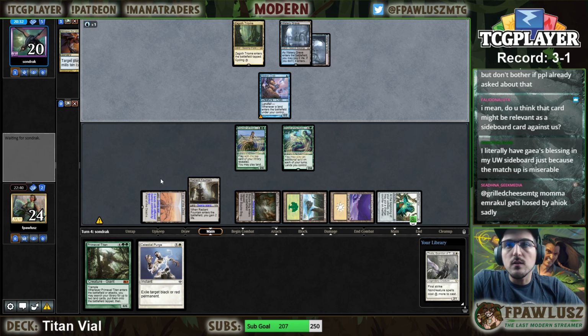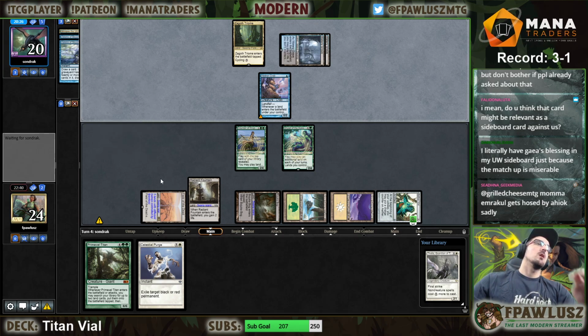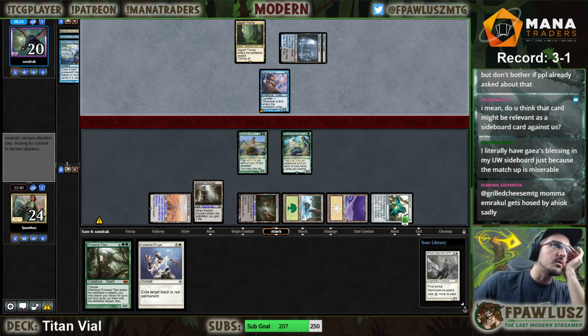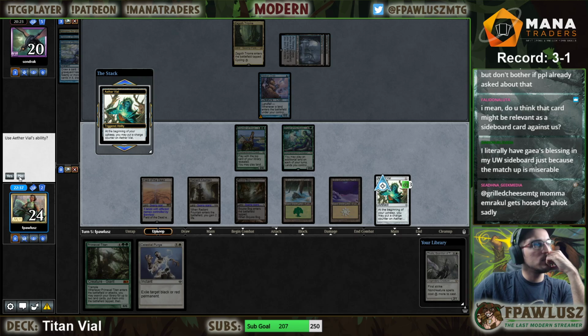The new ramp blue enchantment, but don't bother if people already asked about that. No, I think it's actually quite good. I think that, you're talking about the cycle enchantment that was spoiled, right? Which is like a cycler and...